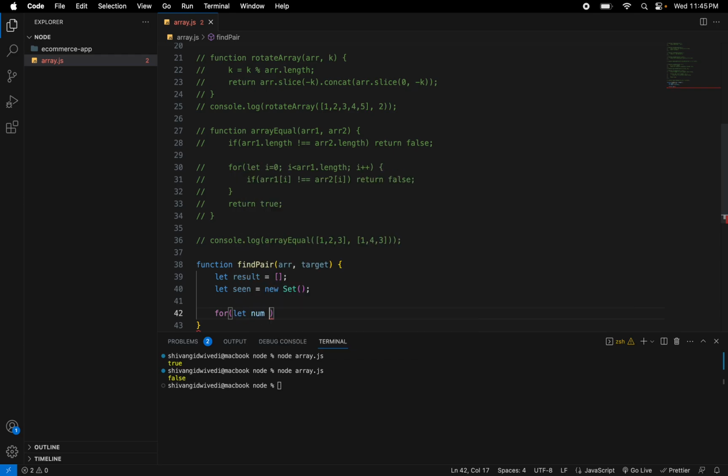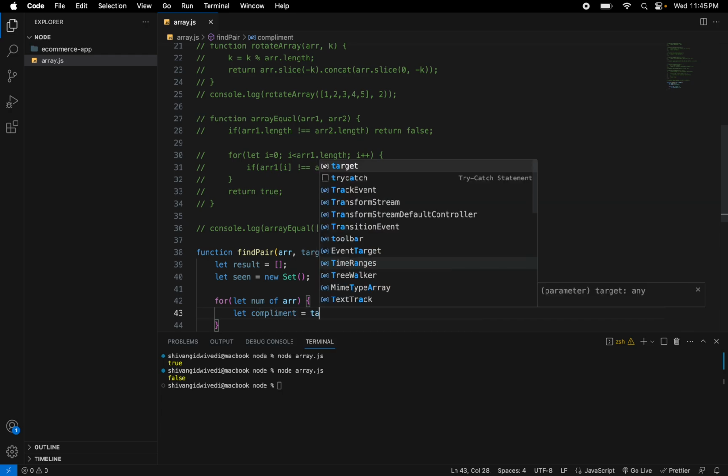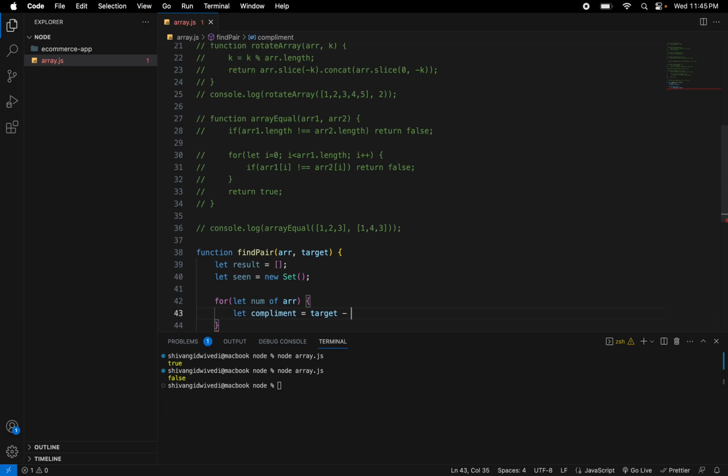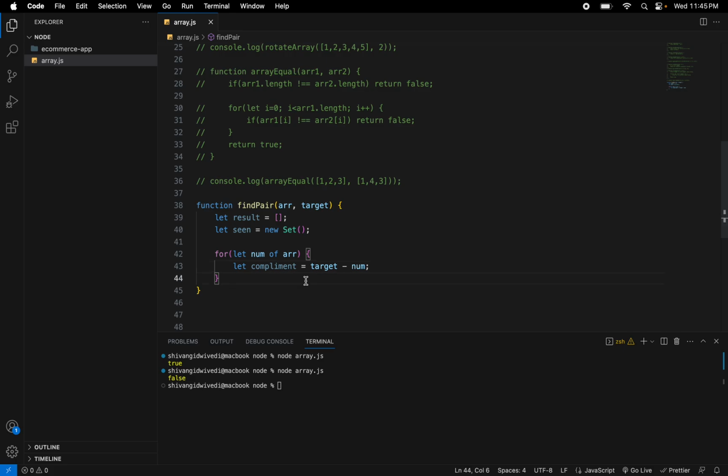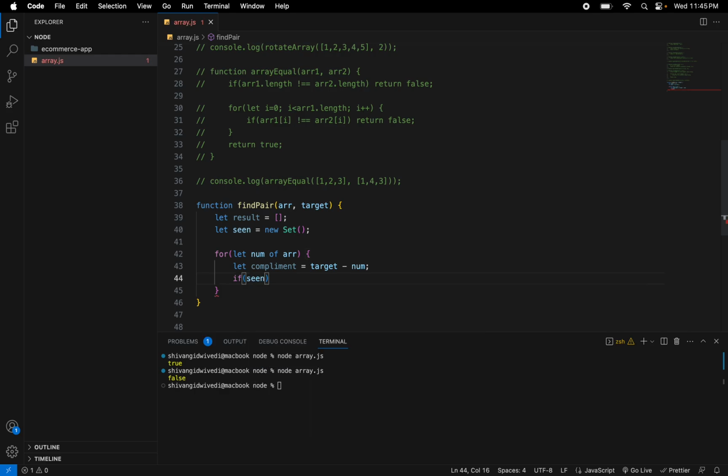Let num of array. Okay, and let's find the complement, and this would be target minus num. If seen has complement, so that we got the pair, and in that case